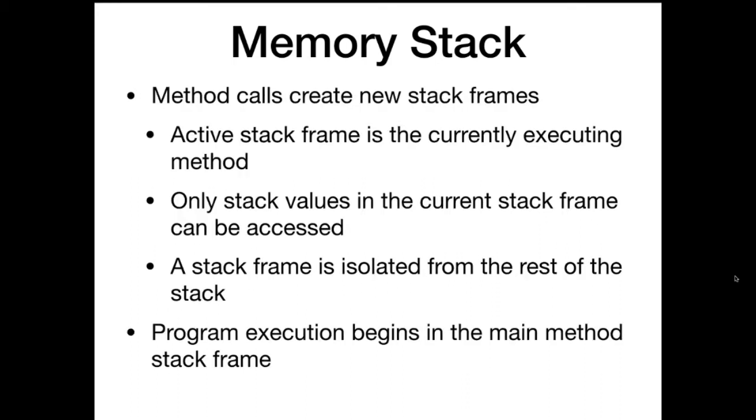And whenever we run a method, we'll see a more in-depth example of this on Wednesday, we're going to create what's called a new stack frame. A stack frame is like an isolated environment just for that method call. So if we have our program running in our main method, we're going to have a stack frame for that main method. Then each time we call another method, we're going to enter a new stack frame, which is almost like a completely separate program. And we can't access the variables from outside of that stack frame.